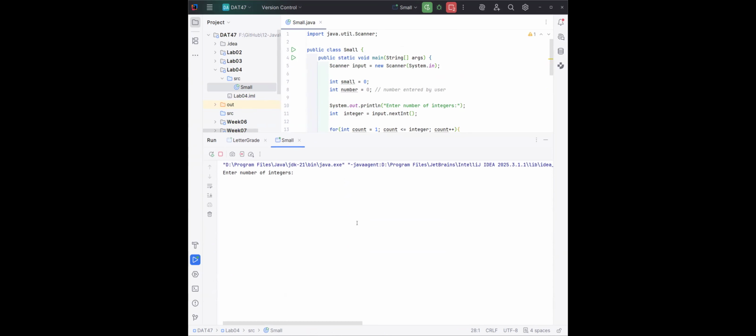So please enter number of integers. Suppose currently we have only one integer, right? And then it will indicate to enter the numbers you are going to compare. So suppose I only enter 50. I only have 50 here. So the smallest integer is 50. Okay, it's fine. But what if I want to